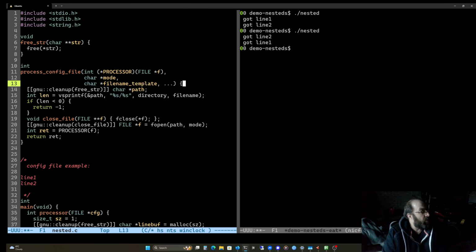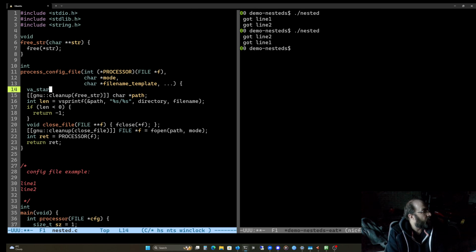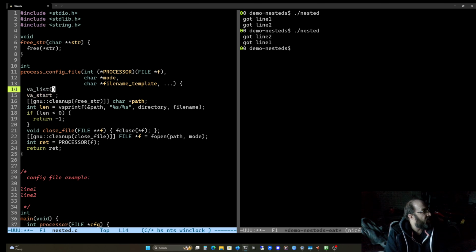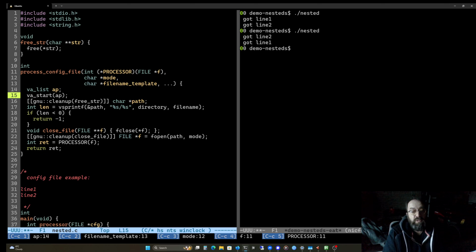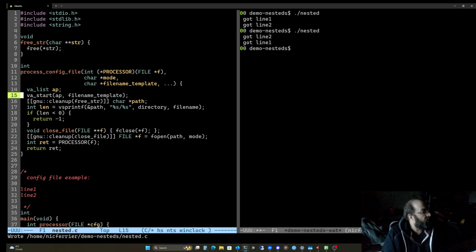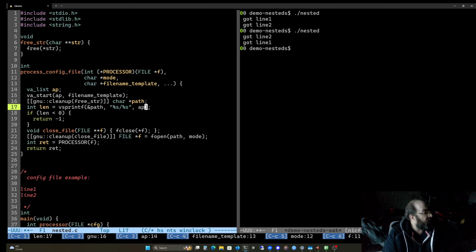So what we would do is go va_start ap, and then sorry, we need a va_list ap, and then we call va_start with ap and the file name template, and then we call vsprintf with, instead of the directory and file name, we call it with ap, and then we call va_end.